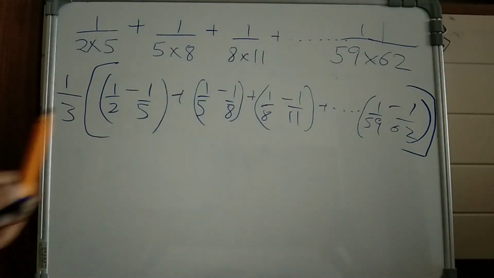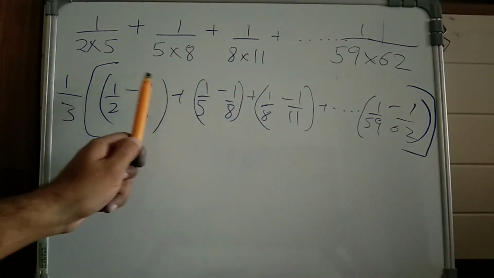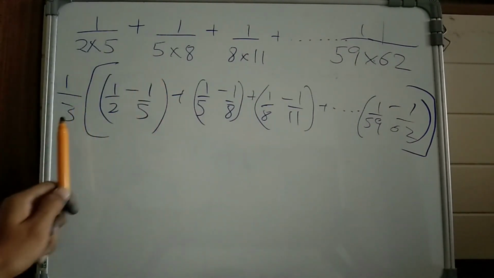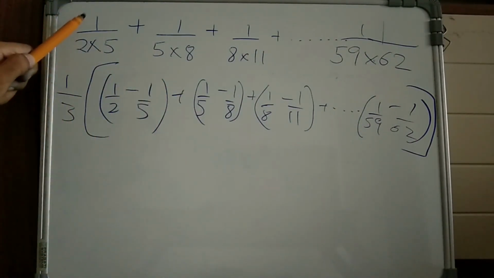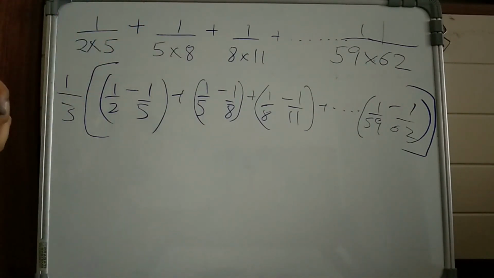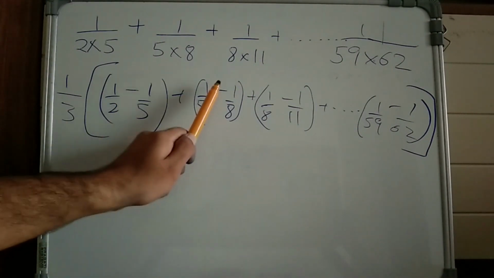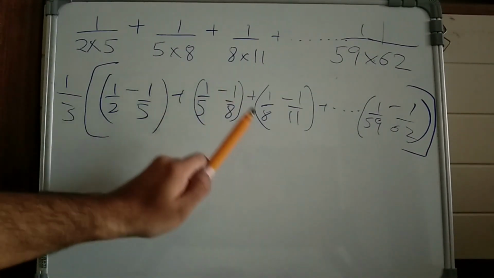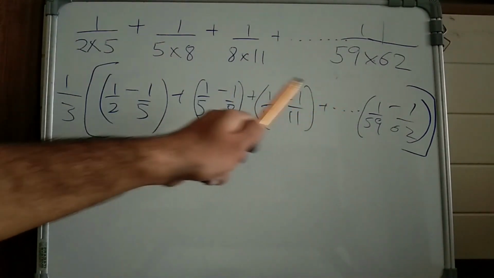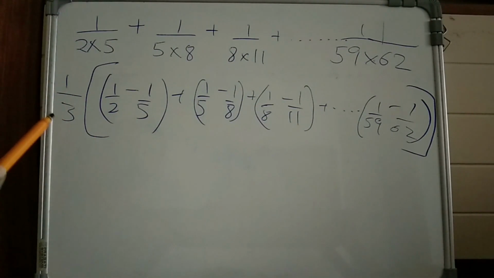Why? Because each and every term over here will have a numerator which is 3. So to cancel out that 3, I have to write a 3 in the denominator. Because initially the numerator was 1 in each and every term, so I have to keep the numerator 1 as well. So here the numerator is 3, here the numerator is 3. If I do the LCM, 8 minus 5 is 3, 11 minus 8 is 3, so the numerator is 3 over here, so I have to cancel it out. So I write the 3 in the denominator, right?